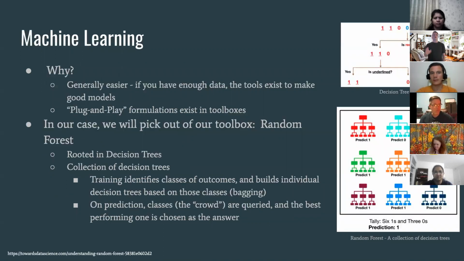And so I tend to gravitate towards machine learning because one, there's a lot of money in it because of buzzwords and everything. But two, I like the ability to represent things that are exceptionally complex in a very simple and elegant way. I also like the plug and play ability of machine learning, and you're going to see this when we build our model. They're generally easier. The basic rule of thumb is if you have enough data, and that's always the hardest, the tools that exist, you can make pretty good models, and they're pretty plug and play.